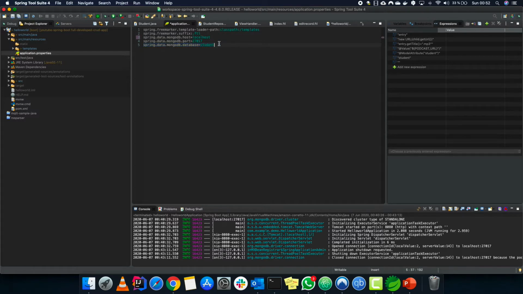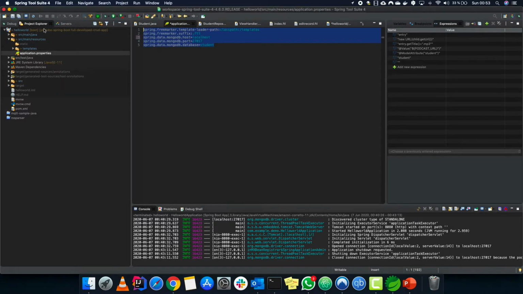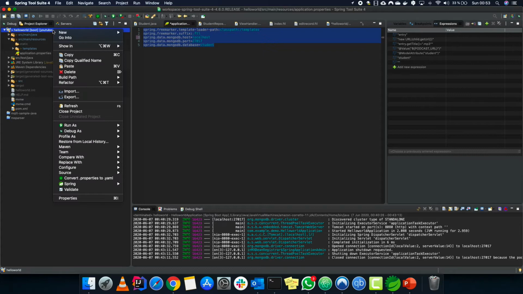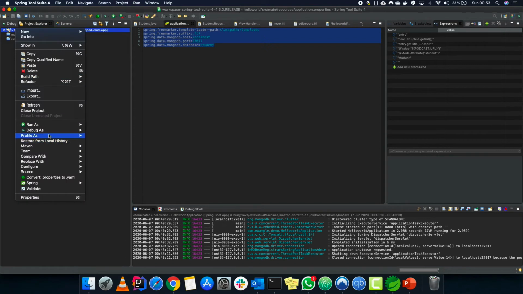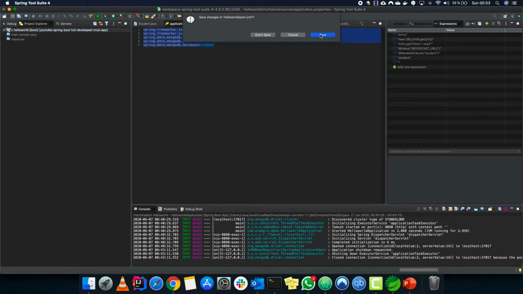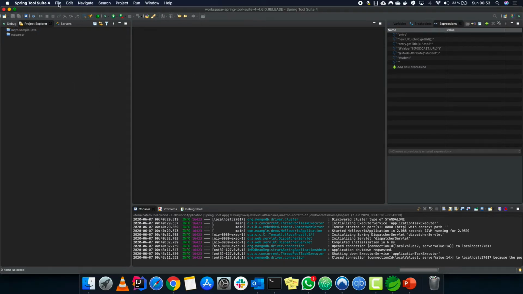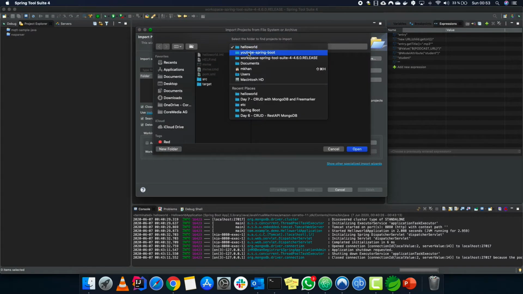Let's go and change this particular build and open the correct version. For that, we go to documents, workspace, YouTube, open.